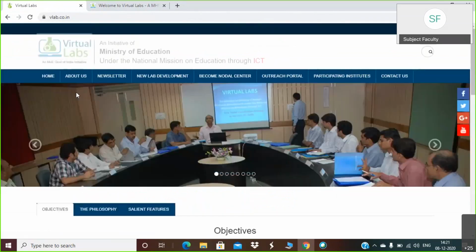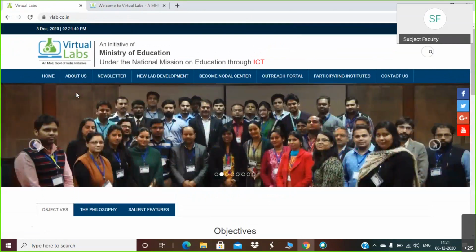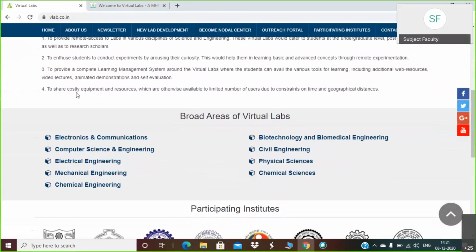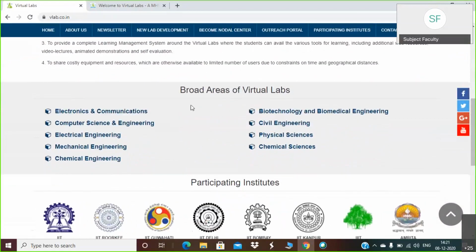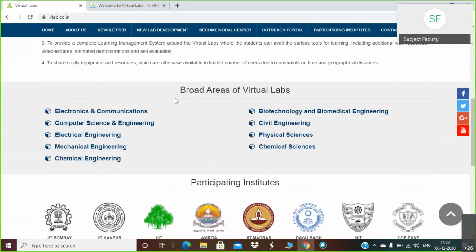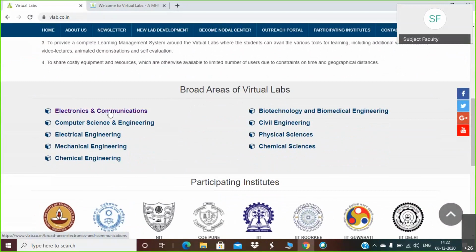You have to go to this particular link, and then the home page will appear for the virtual labs. Then by scrolling down, you will observe there are broad areas of virtual labs. Under these broad areas, you have to select the electronics and communication area.